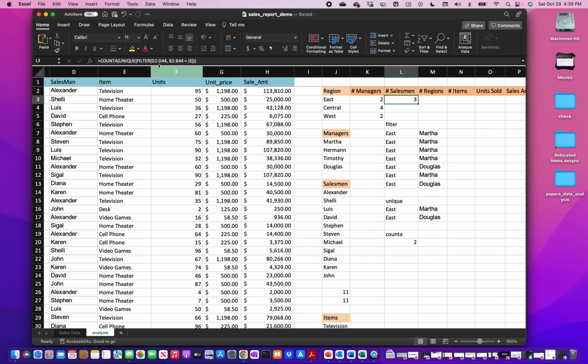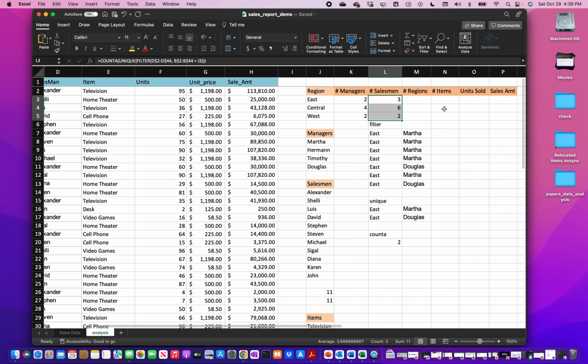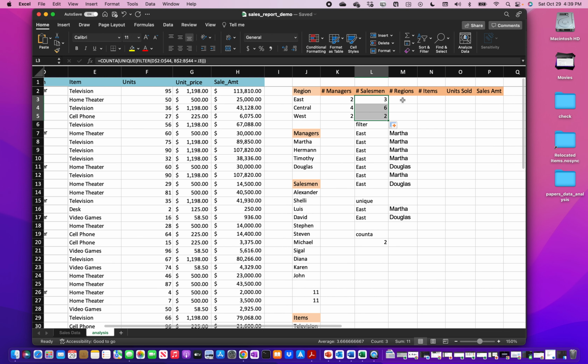Again, let's make the references absolute. We'll use a dollar sign here, and the same thing for the region column as well. Now let's apply this for the other 2 regions as well. There we have it. We'll repeat the same thing for